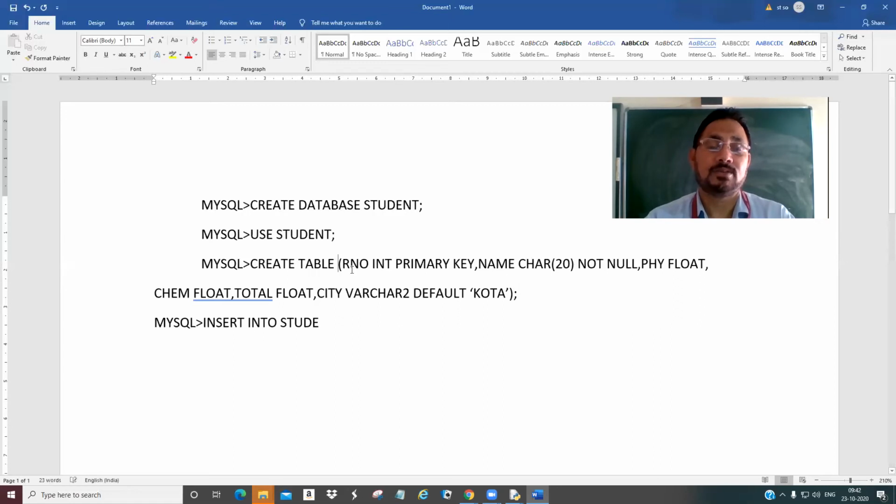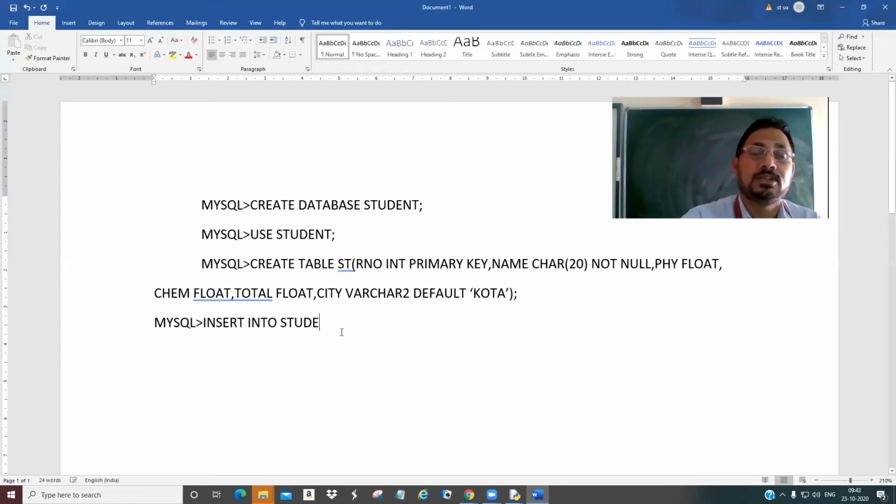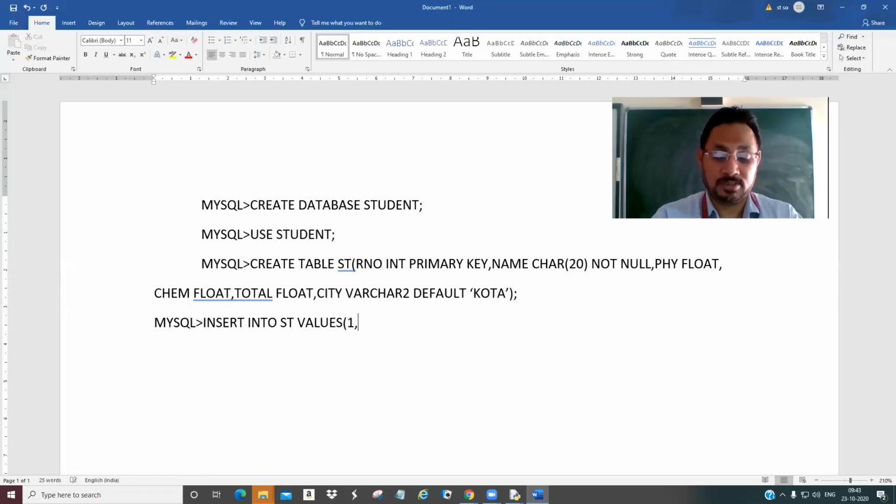Suppose I have given the table name as ST. Student is the database name, and then I am taking here insert into ST values, and the values I am giving: 1, then ABC is the name of the student, then 7 marks. And even if I don't want to give total, I have to write total. Even if I don't want to give city name, I have to give city name.